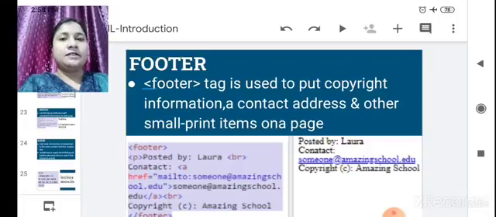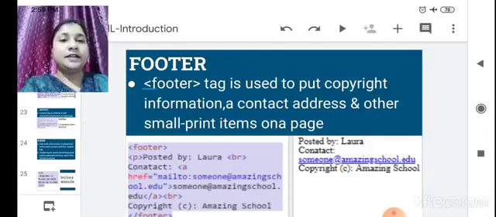Now we have seen that inside the body tag we will write all these tags. So the footer is on the last, it is the end of your page, so you have to write it last, but before closing the body tag. Now in the picture you can see the footer: we have written posted by Laura, and contact, where we have referred to some email IDs.